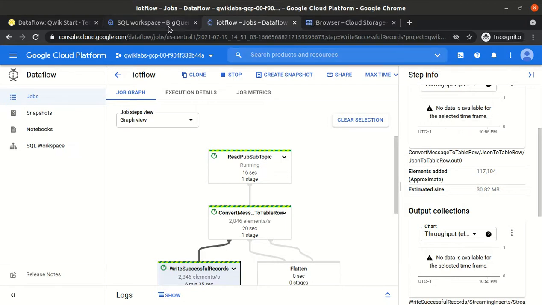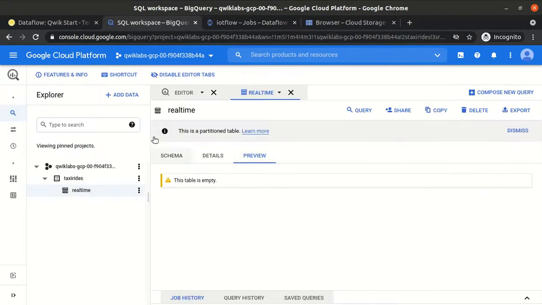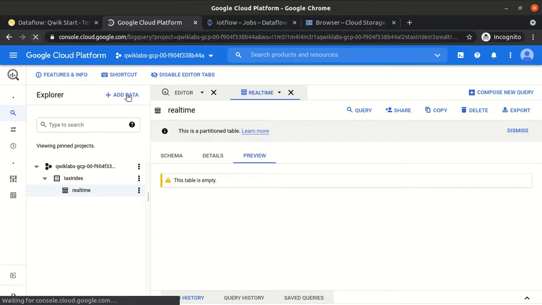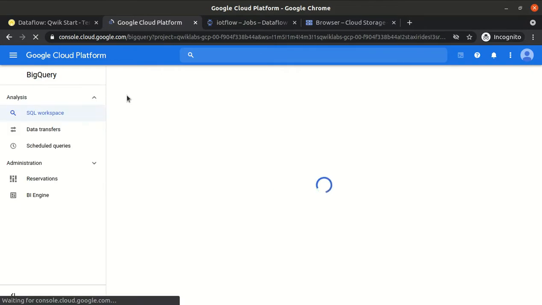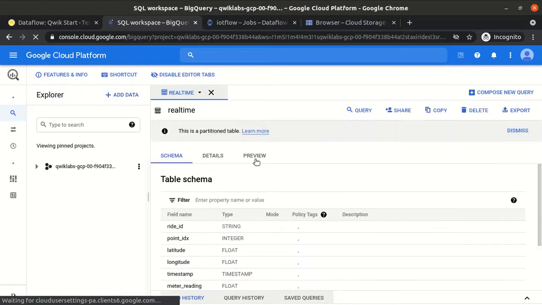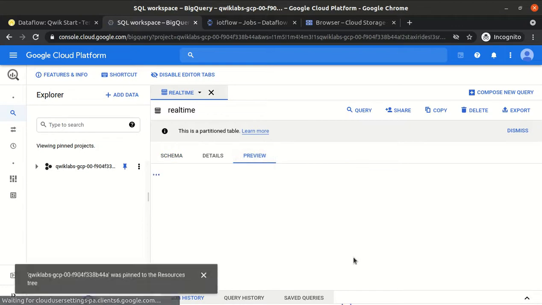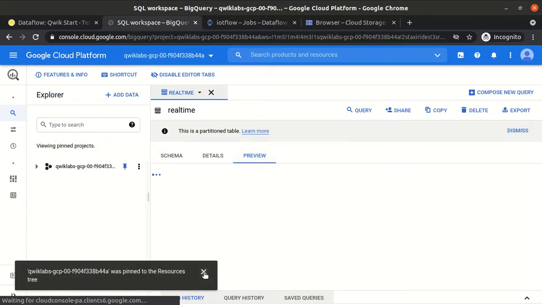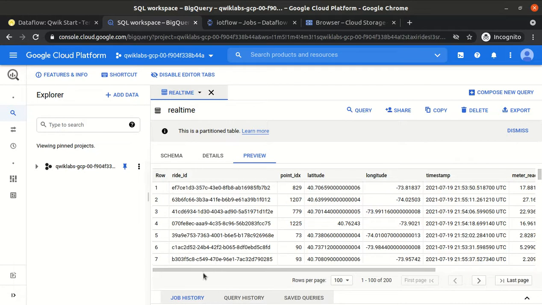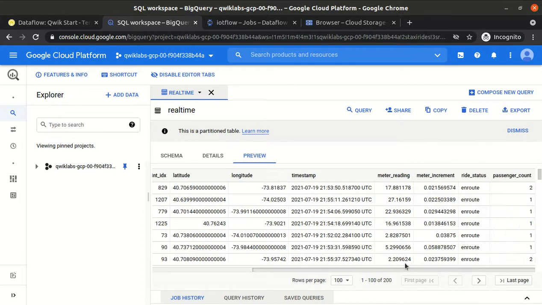If I go to BigQuery and refresh it, you could see earlier the table was empty. Now you could see the records are loaded, and the schema is the same as what we gave during the creation of the table, right? So now the records are getting loaded.